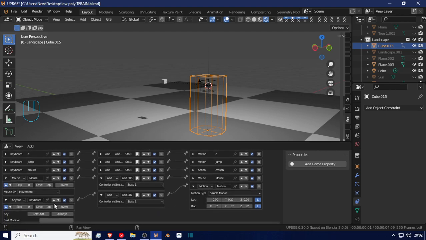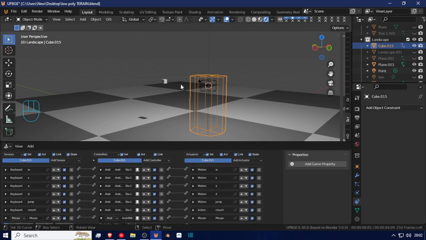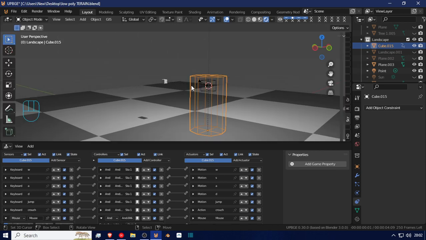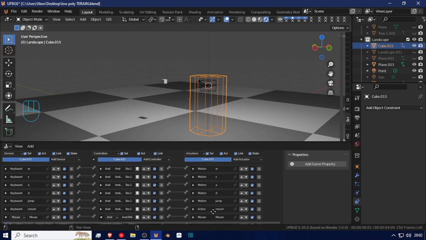Take that away and just use W. So let's see if that works. I'll go forward, left, right, try to turn. You can see it doesn't go the right direction. For some reason there's something buggy about this. I don't know why it's buggy, but